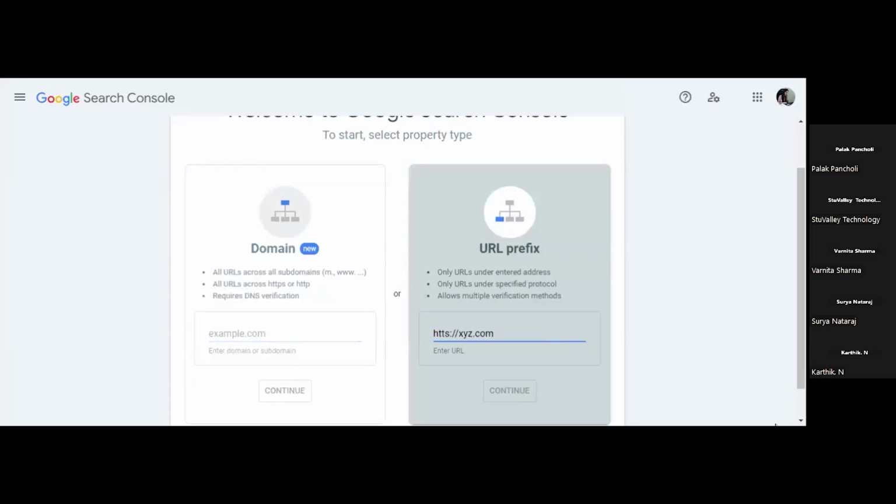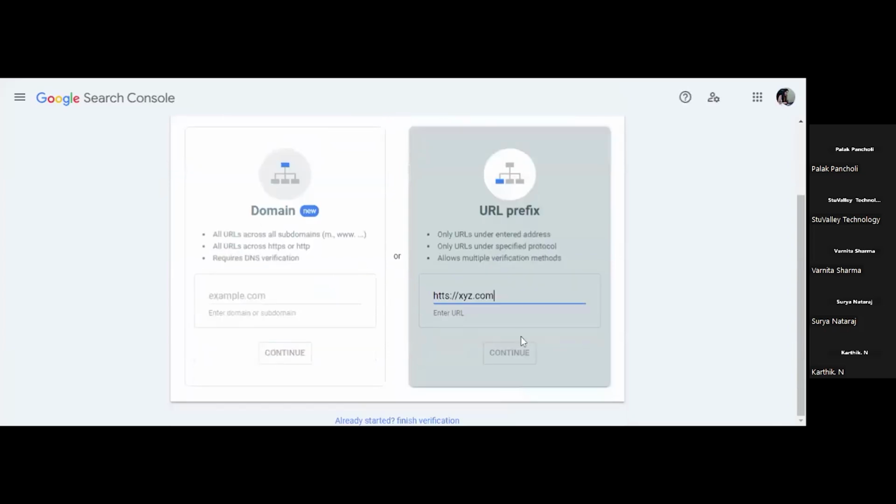Now, after this, enter URL prefix. I think www. Okay. One second. Let me try with this original website.